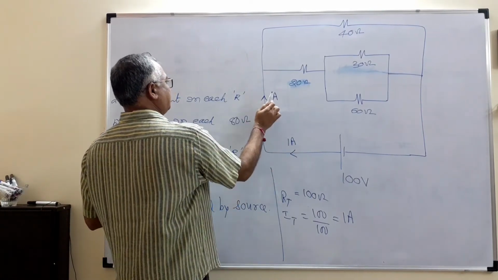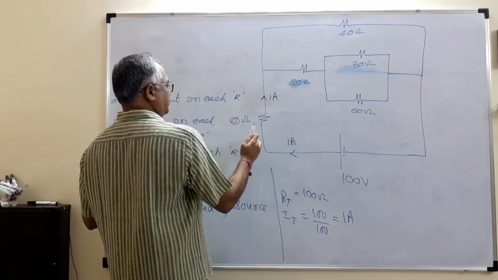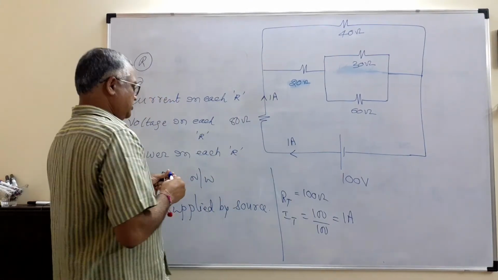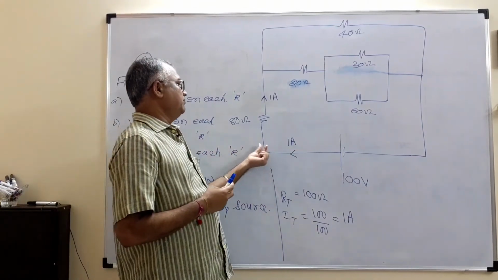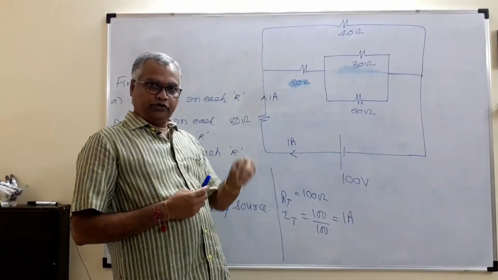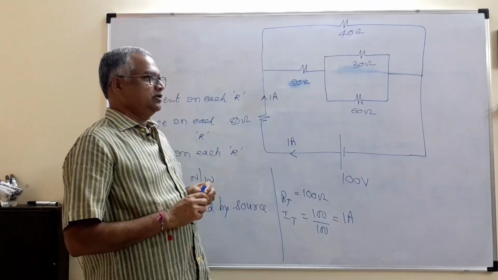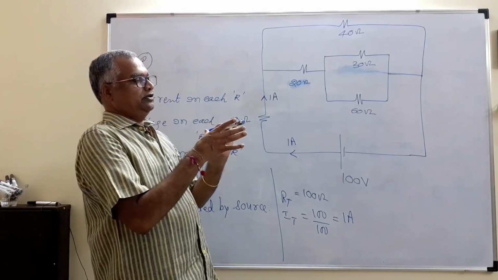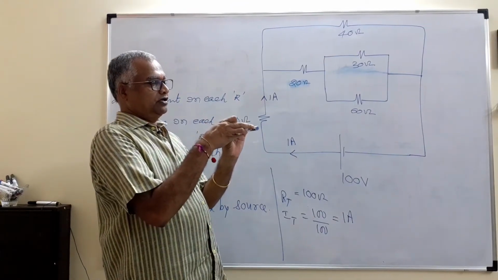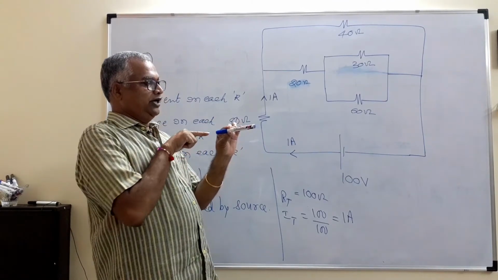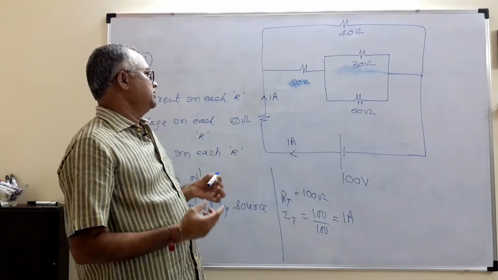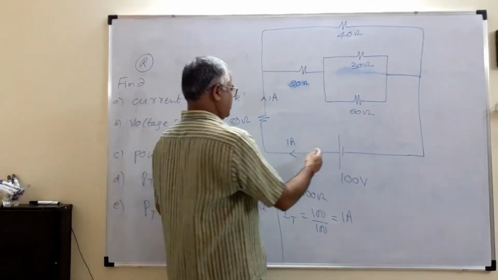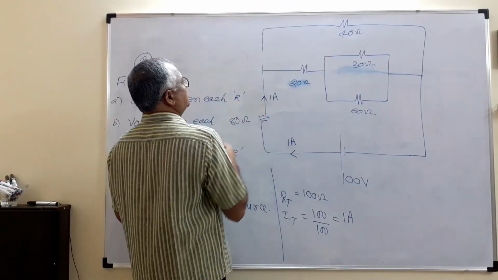After this resistor, 1 ampere only. It is not less than 1. It is not more than 1. Some students think that as it is coming from the resistor, therefore it will be reducing. That is a wrong concept. When you take a pipeline, this pipe is already filled with water. When you send 1 liter of water, how much will come out? Same. So that is the water concept. So the same current will come out.